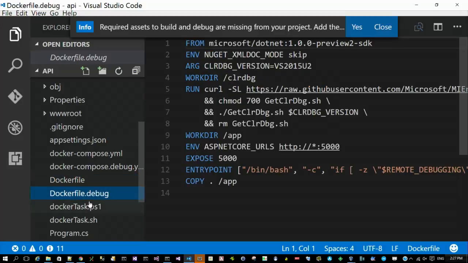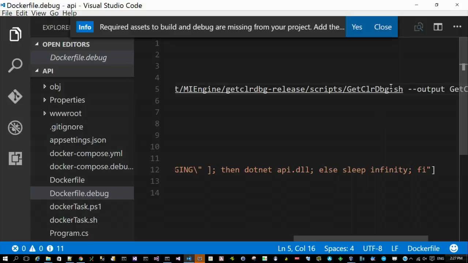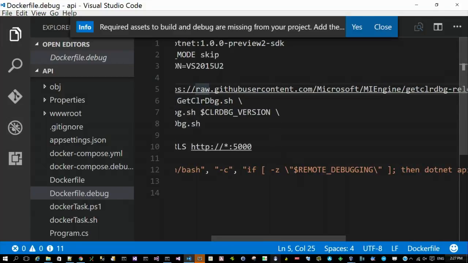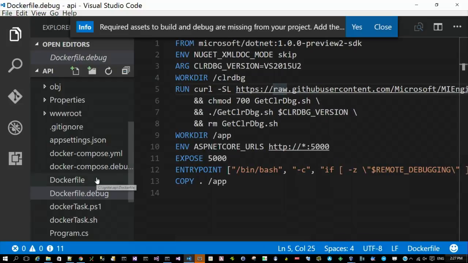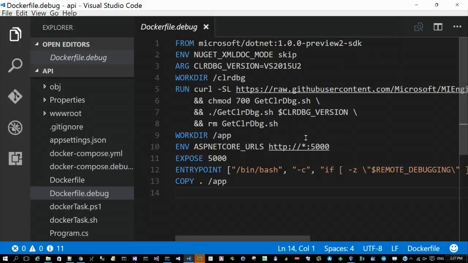And it's intuitive. For instance, the Dockerfile that we are going to use now to Dockerize the app and remote debug it gets the debugger from an sh file, which is at this URL. So it's pretty easy, well, pretty easy to read, I would say. And it's ready, right? It's out of the box. You just have to hit F5,